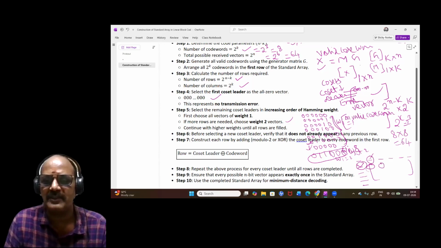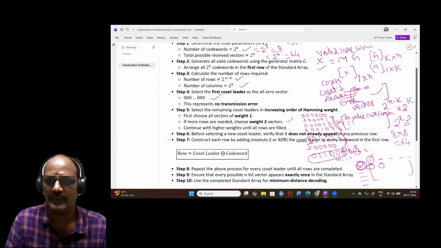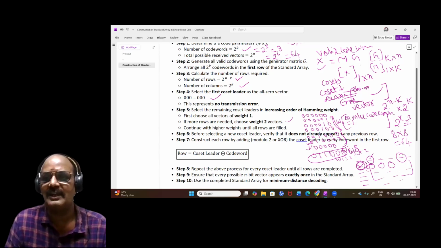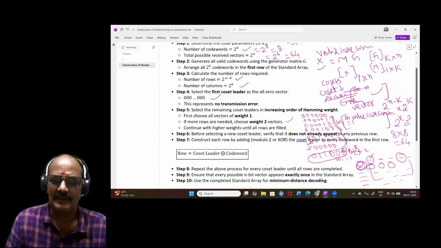Perform exclusive operation on this coset ladder of the second row with the valid code word. This one is obtained. This process is repeated until all the elements, in this example 64 possible code vectors, appear